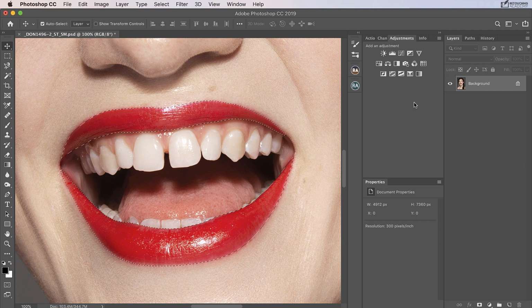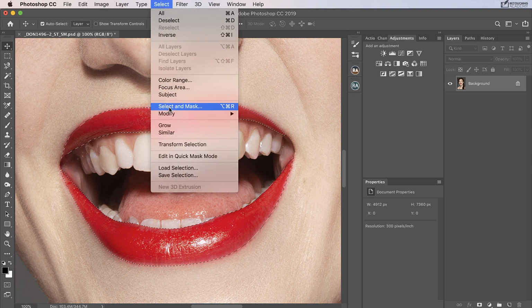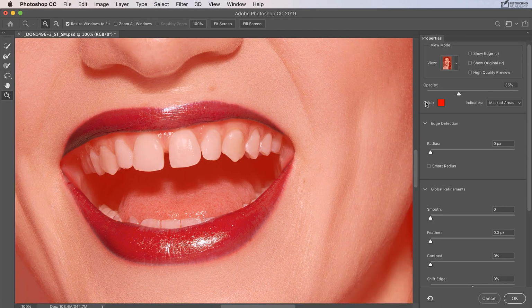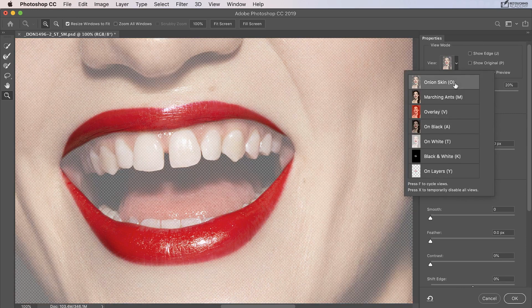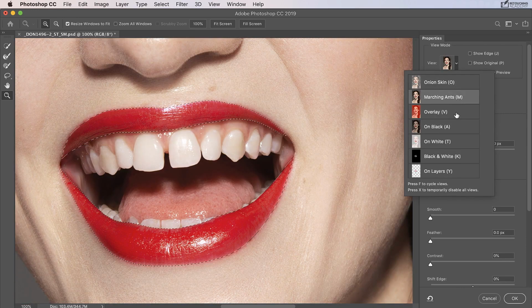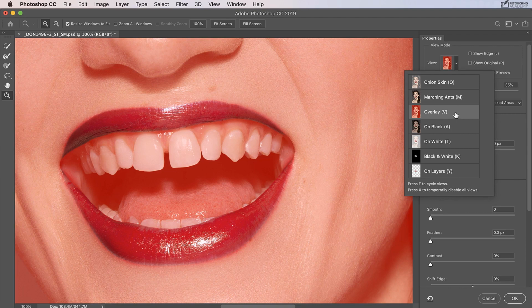As mentioned, making selections within select and mask is pretty RAM heavy, so we've made our selection outside of it and we're just going to refine it now. I'm going to go to select and drop down to select and mask. And there's a number of ways to view your selection. You can use onion skin or marching ants or overlay, and overlay I quite like as a general method to